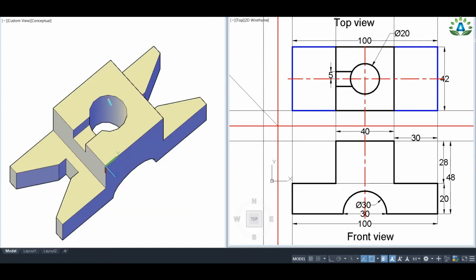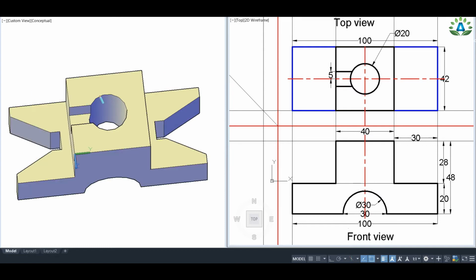And in this given question, we can see that our circle has been extruded completely up to the bottom. It means that this circular portion is a complete hole to the bottom. But this rectangular cut is 10 mm in height only. Due to the intersection of this circular hole and this rectangular cut, this part has taken the remaining shape of this circle. So this circle will appear as a full complete circle from the top view.